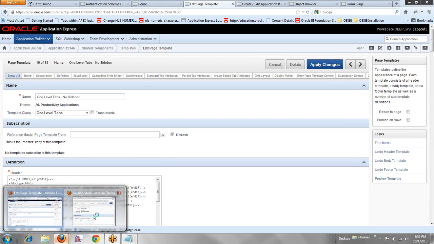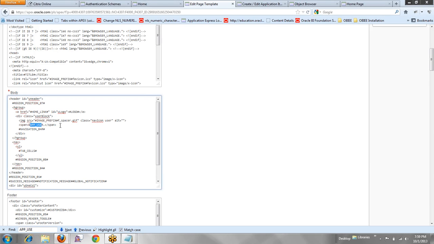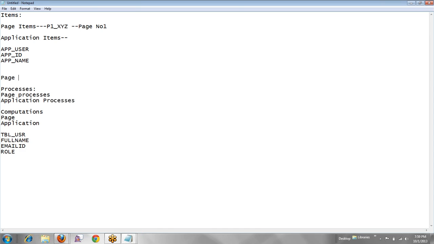So instead of that item, I will use this item here instead of app user. So I can put here, when I'm trying to access the value of this inside any PLSQL, like any page process, I will use it like this: a colon, then the application item name, then one dot. So this is how I will use it, or I can say if I'm using it in any page process or any application process,